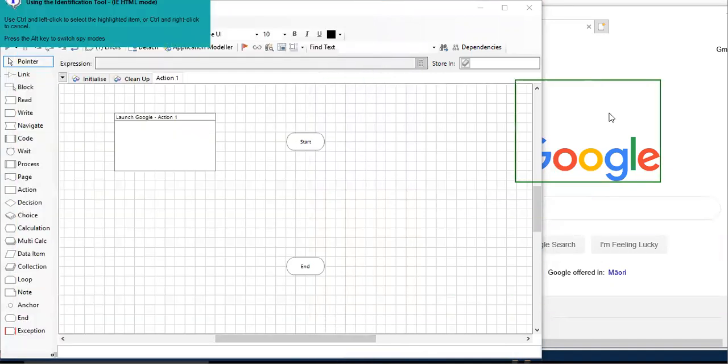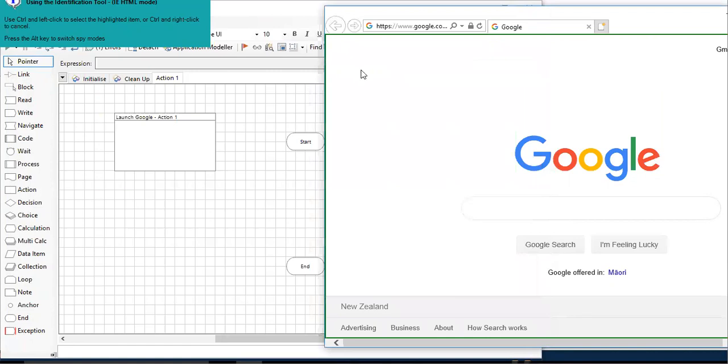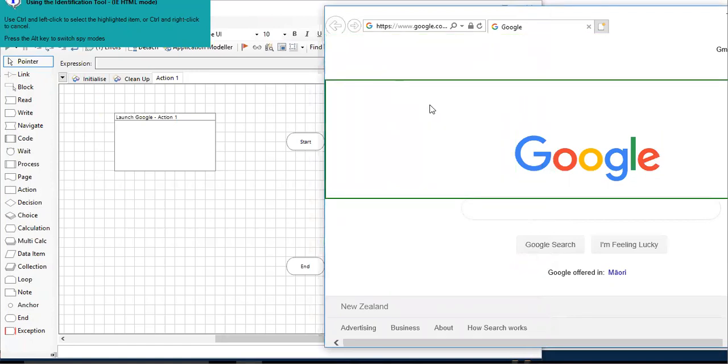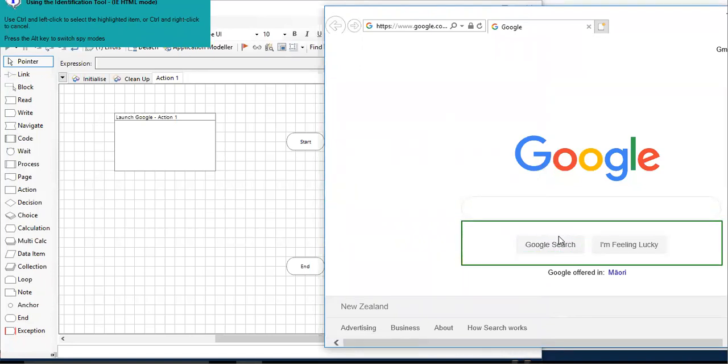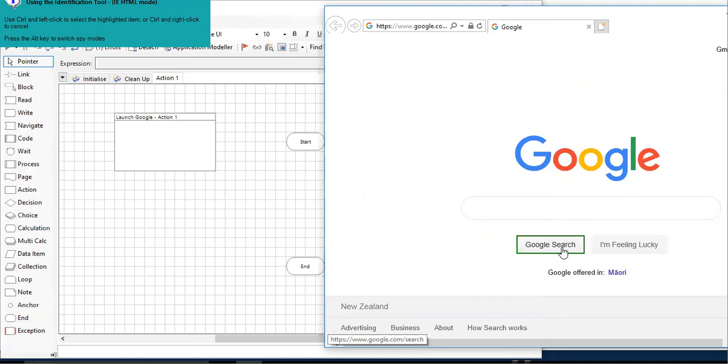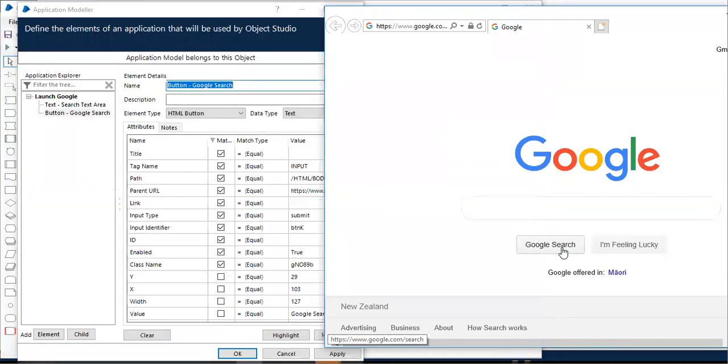As soon as you identify, you will be in Internet Explorer mode, which is the first mode. You will be in HTML mode for a web application. Now I want to spy the Google search button. Take your mouse pointer to Google search and be careful to click the Control button and mouse left click simultaneously.